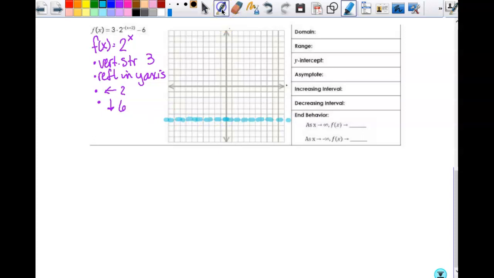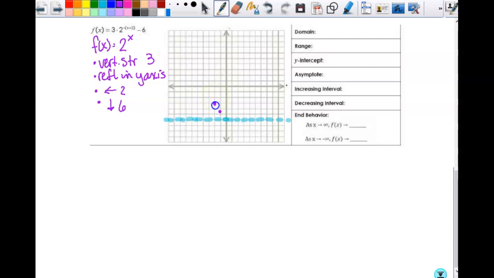And then when x is -1, y is 1/2. The vertical stretch by 3 gives me 3/2, which is 1.5. Reflect in the y-axis, go to the right 2, and down 1, 2, 3, 4, 5, 6. Then I'm at (0, 1), vertical stretch by 3, so now I'm at 3. I reflect in the y-axis, go nowhere, go to the left 2, 1, 2, and down 1, 2, 3, 4, 5,